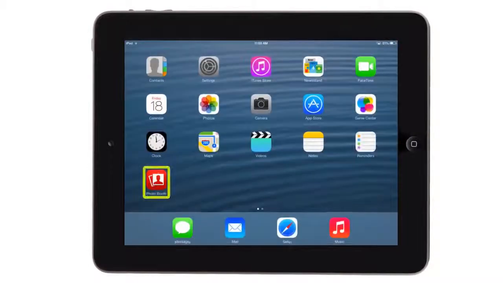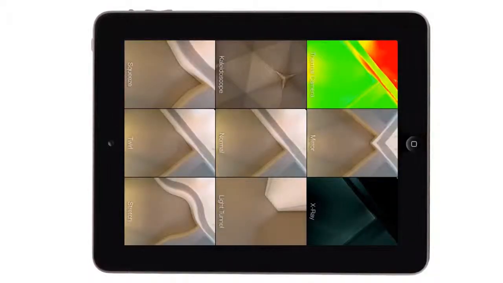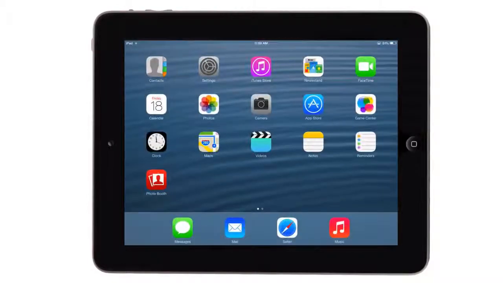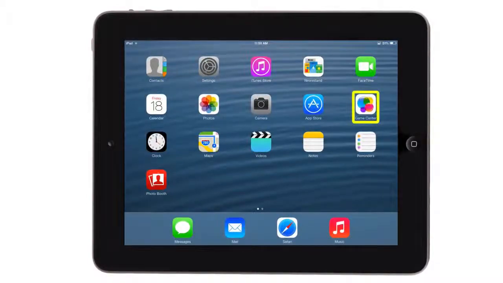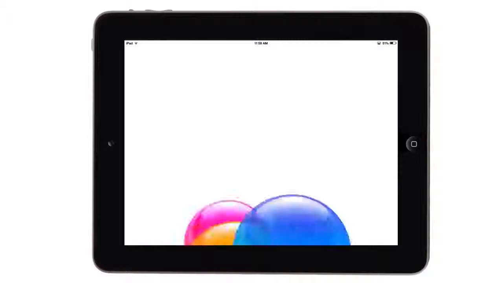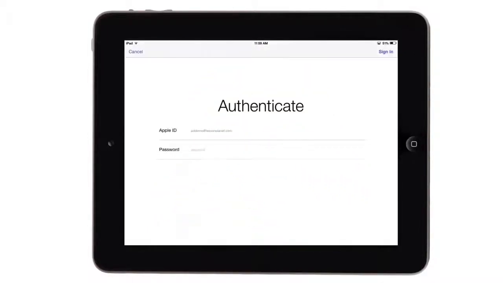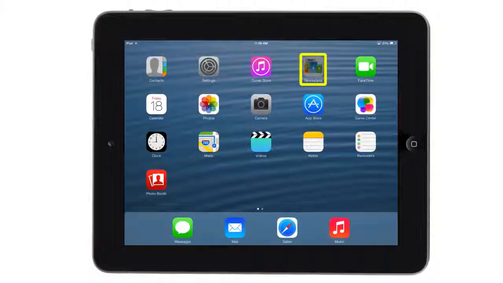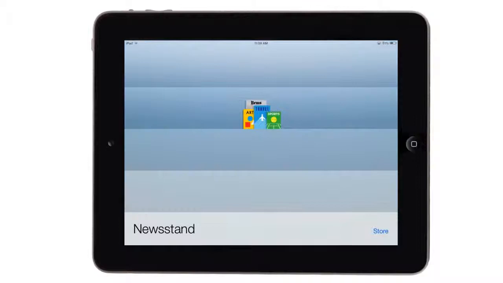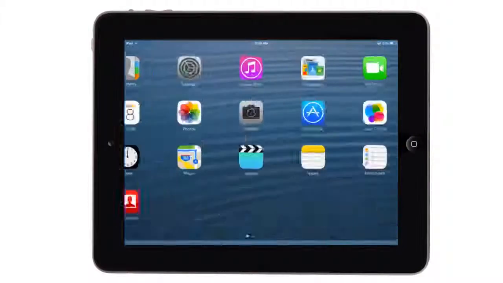Okay, the Photo Booth app is one of those apps that you're going to want to use with your students for artistic effects. I love this for student projects, back to school night, and so much more. The Game Center is another app, and it's used by other apps to track progress on games, including some learning games, and it connects players with others from around the world. This is one that you will want to make sure that you use caution with. All right, the Newsstand app offers a mixture of free and paid electronic magazines and other similar periodicals.